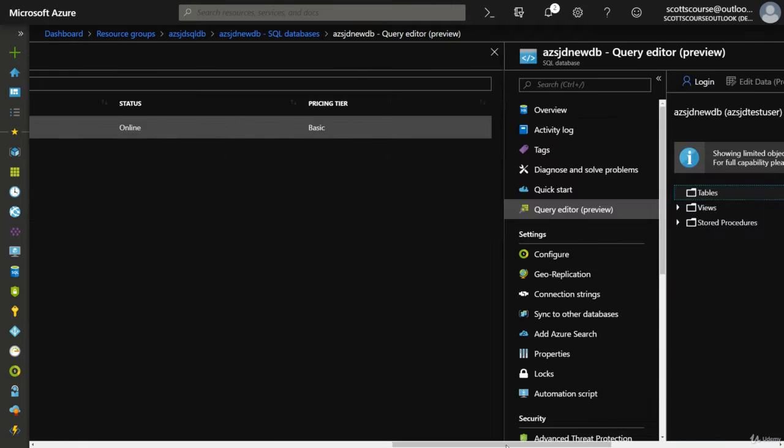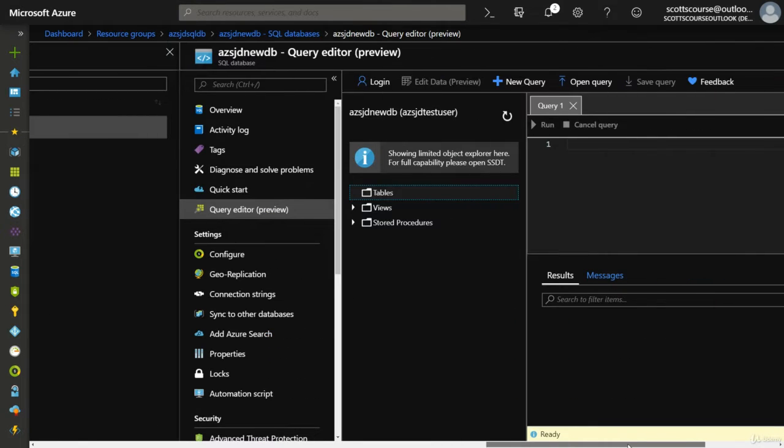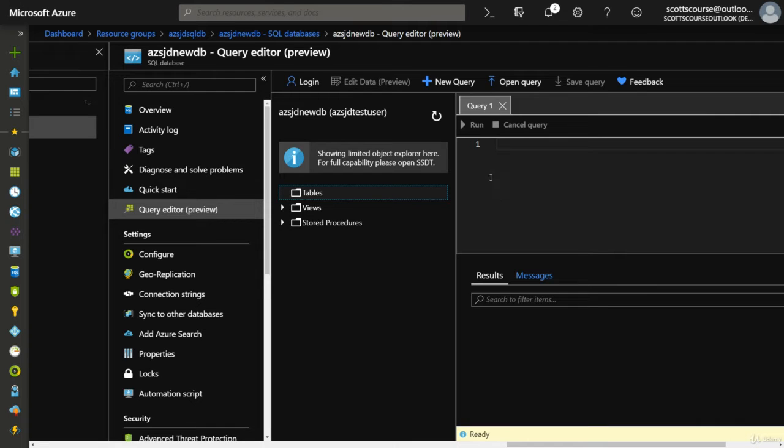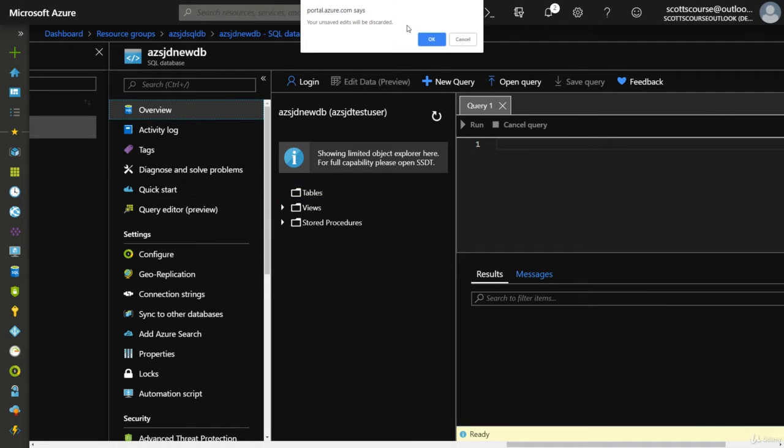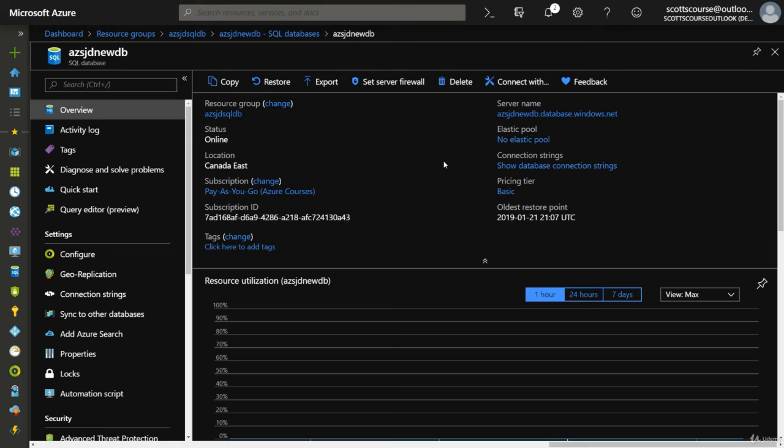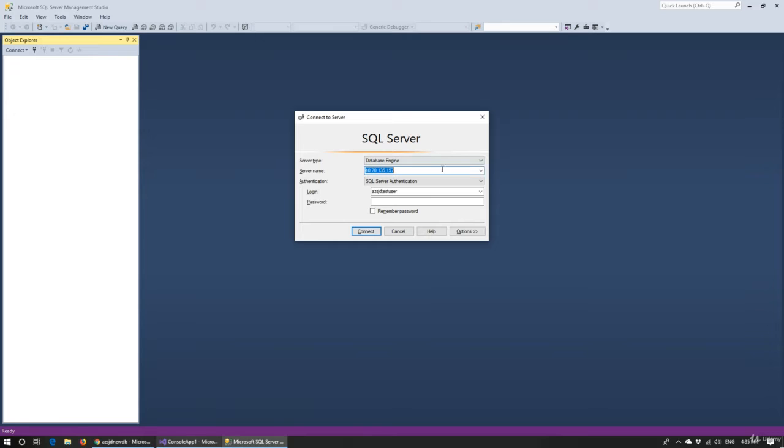All right, so I'm not a huge fan of this query editor inline. It's handy for some things, obviously, but I'm not going to go into that. What I want to do is access this database using the traditional way, which is SQL Server